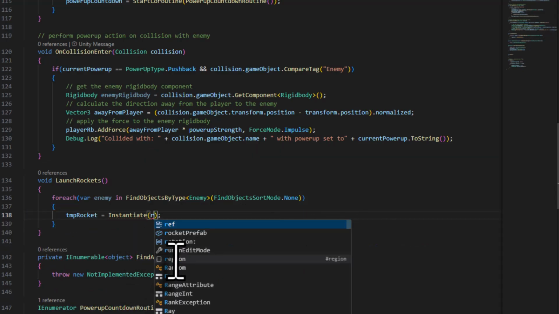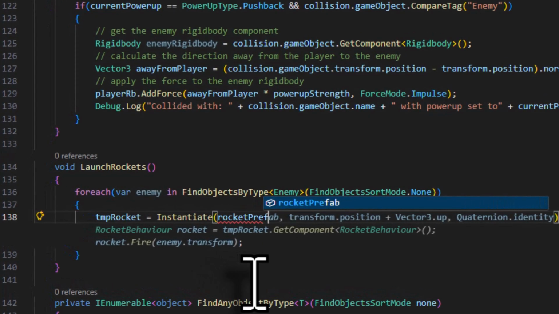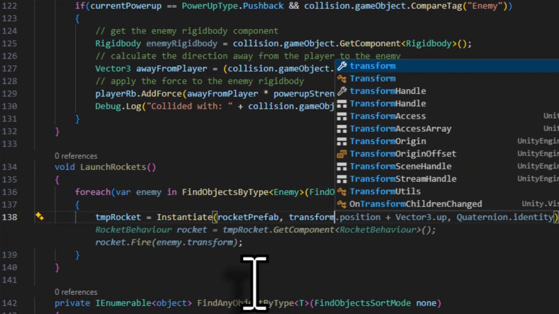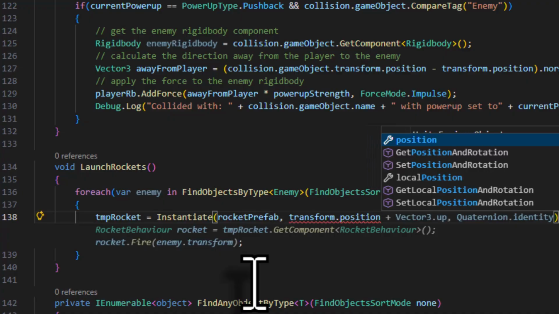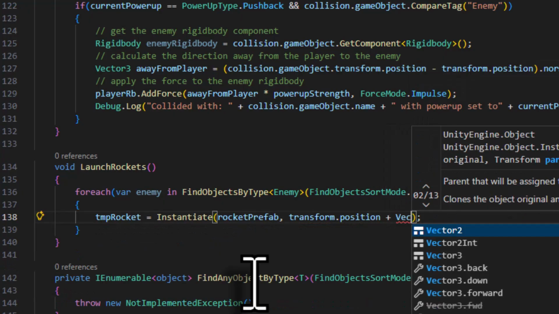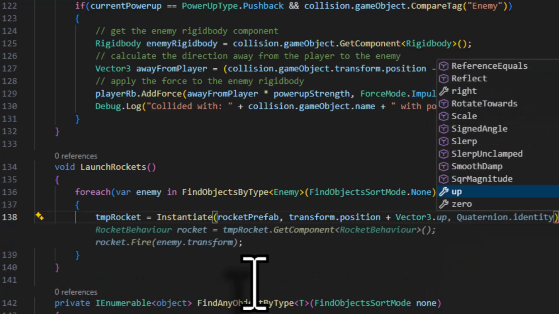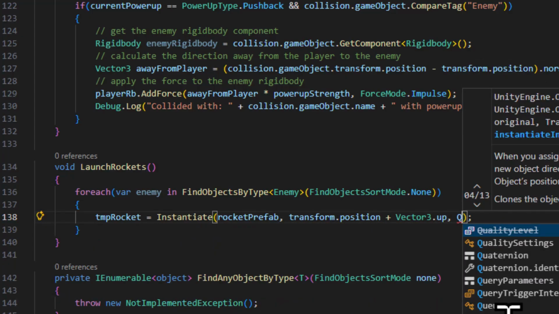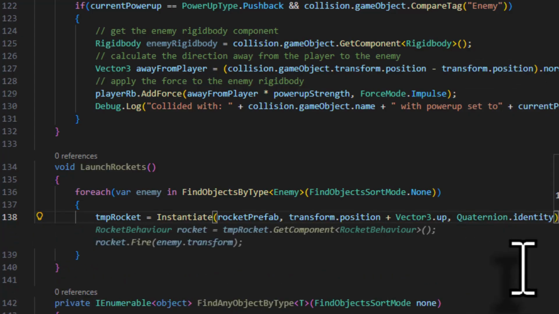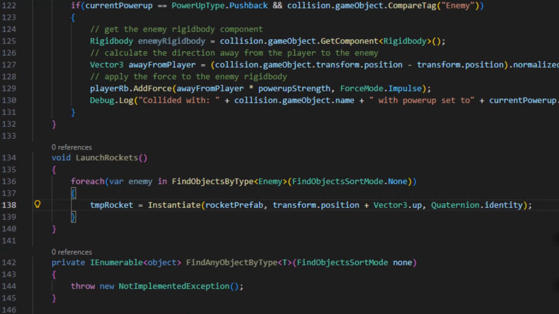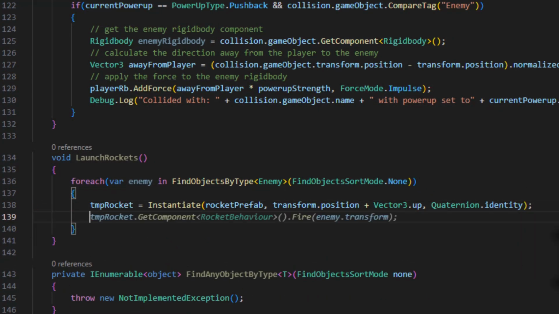I am now going to instantiate my rocket prefab that we created, and I will set its transform position to the current position, and I am going to add it with Vector3.up so that it is projected from the top of my player, add comma. Then for rotation, I will call this function Quaternion.identity, and then I will come out and end it with semicolon. Then I will press enter, and in this